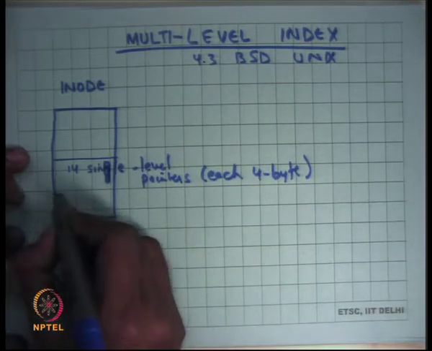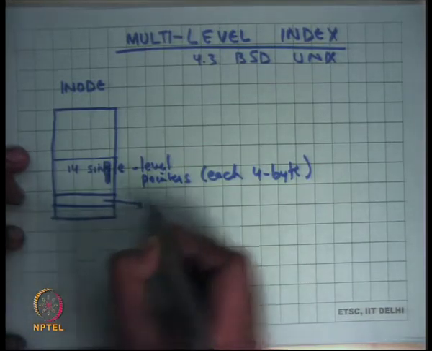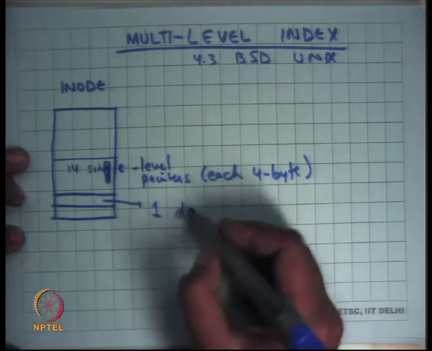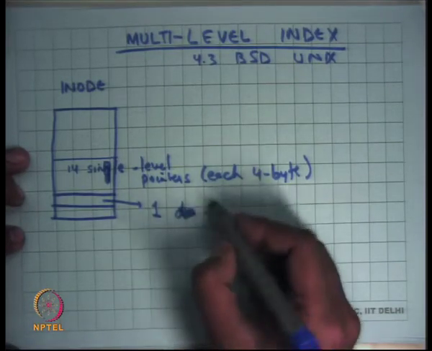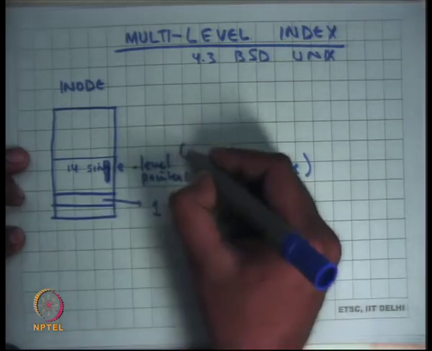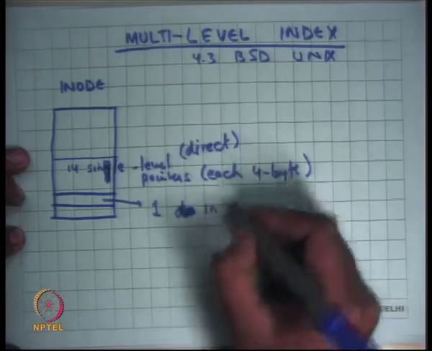Next entry contains one doubly indexed pointer or indirect block. The other way to call it, so instead of calling it double level, I'll call it one indirect. So these are direct pointers, and one indirect pointer